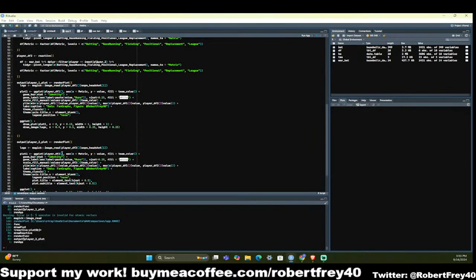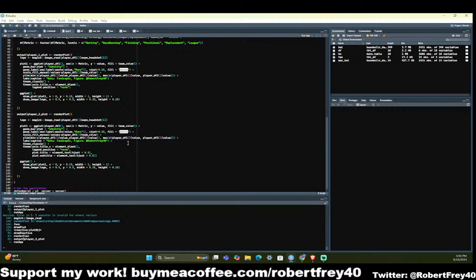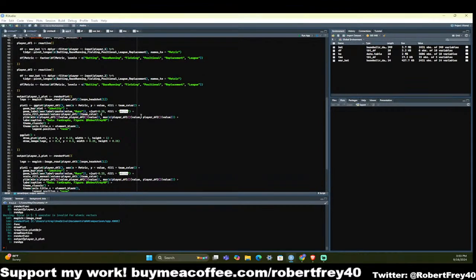Player DF2, the one that we created here. That makes sense. Now we have player DF2 team color. We have player DF1 value, player DF2 value. And then the max of both of those with the Y lim. And then same here. This is a stumper, chat. I correct myself. Anyways,